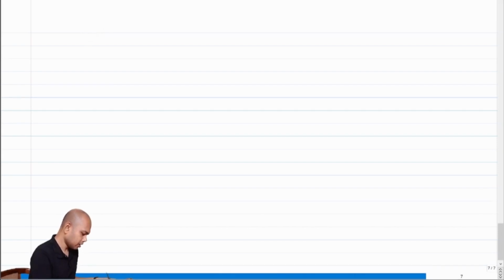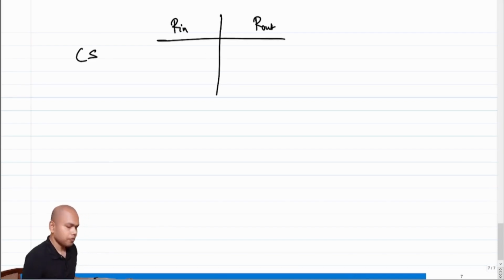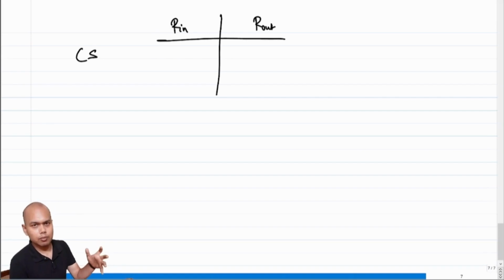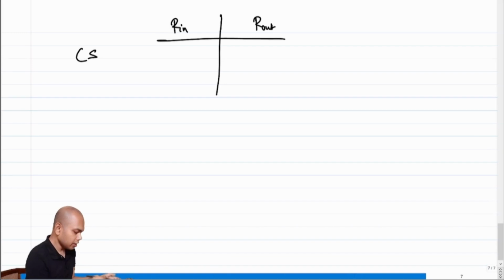has, so let's say I talk about input impedance and output impedance, right? So a common source amplifier, what is the input impedance that you see in a common source amplifier without taking the source and the load into account? Then input impedance is infinite, right? Or rather I can say it tends to infinite,